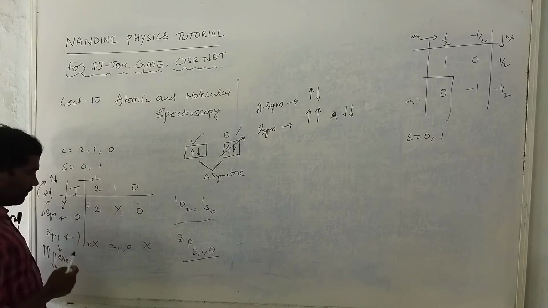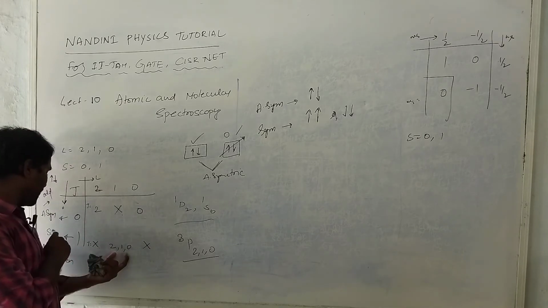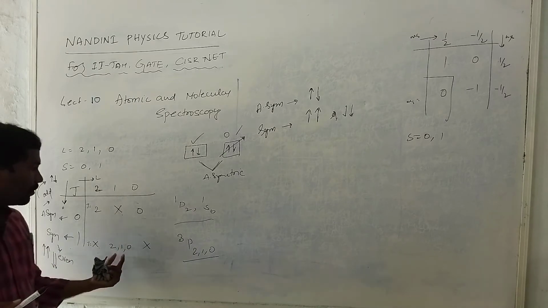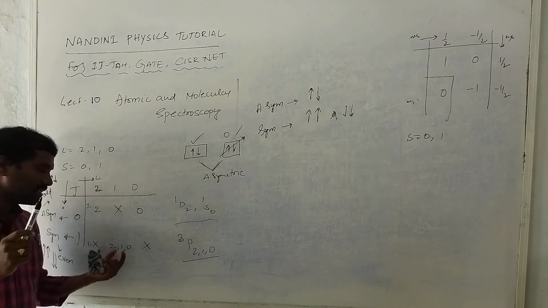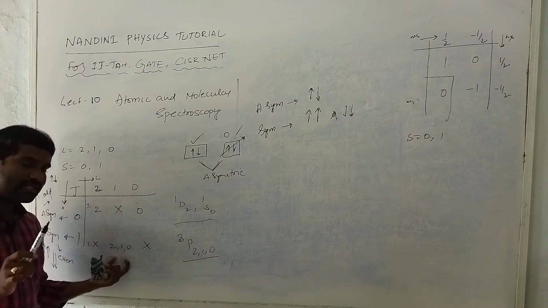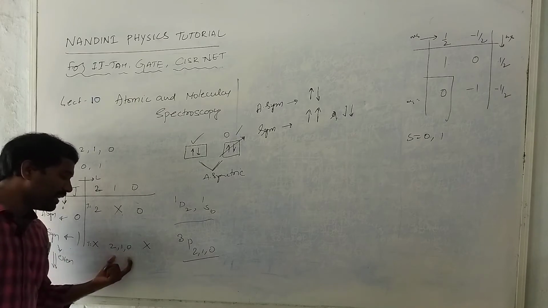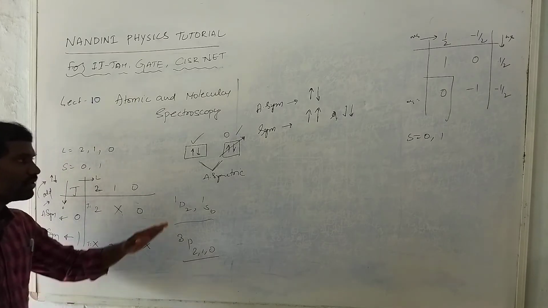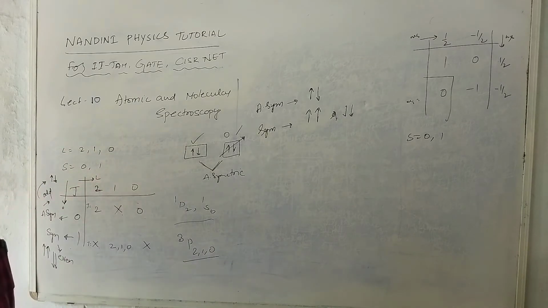So in this case, a symmetric situation will be possible, because symmetric is nothing but both are up spin, or both are down. So here there is only one electron, that is called up spin representation. Only one means it is not symmetric, it is not anti-symmetric, this is a symmetric function. So that's why this state only explains the symmetric spectral term, remaining are don't care. That is the reason how I find the spectral term by using equivalent electrons.